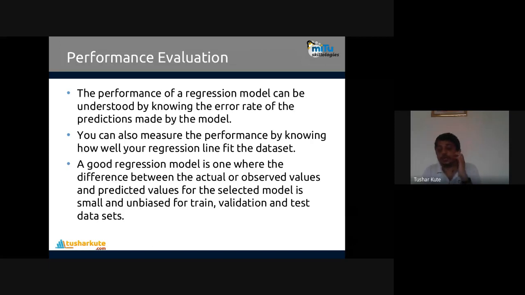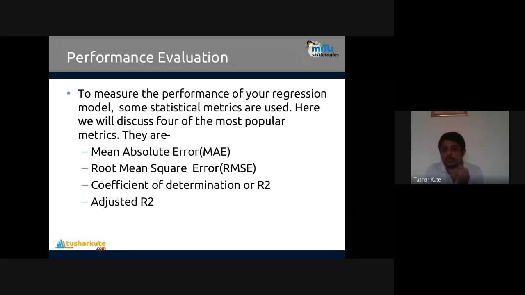So the difference between actual values and values predicted by the model is what we have to compare. With the help of it, regression analysis is possible, and performance evaluation of regression models is possible. There are many methods to analyze regression models. We are using different techniques, and some statistical metrics are used. Here we'll discuss the 4 techniques which are used to perform regression analysis.